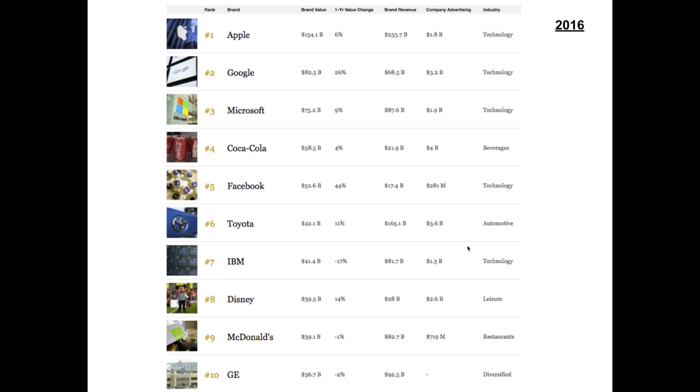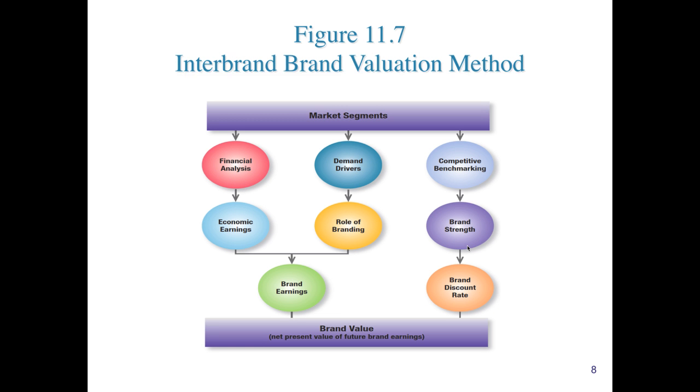So let's have a quick discussion about how we measure brand equity. What I showed you here are measurements that come from a company called Interbrand. This is how they conduct the valuation of these brands in terms of assessing that dollar figure. It's based partly on finances and market sizes, which are demand drivers, really. How much they've actually earned, how powerful the brand is in people's lives.